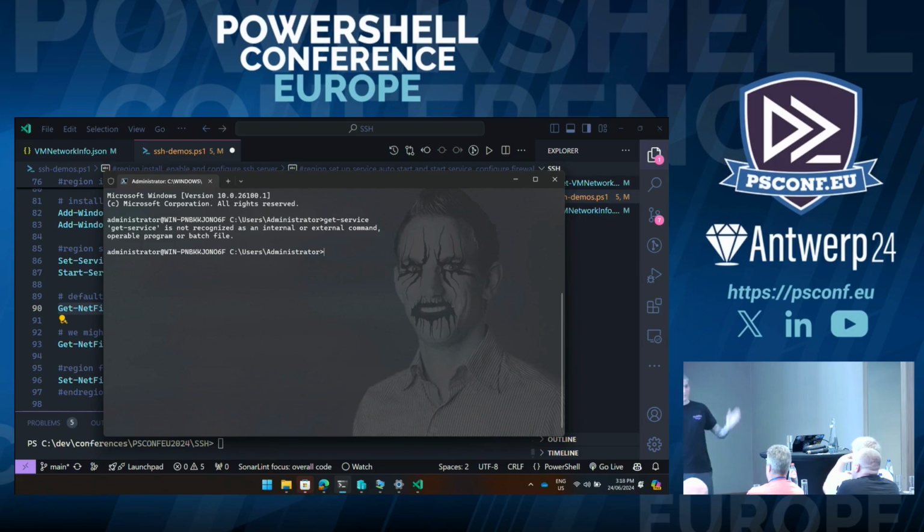It's using command prompt. Fantastic. So by default, any environment that you use will not go, okay, well, you know, you're at PSConfEU, I'm just going to do a little bit of work for you.